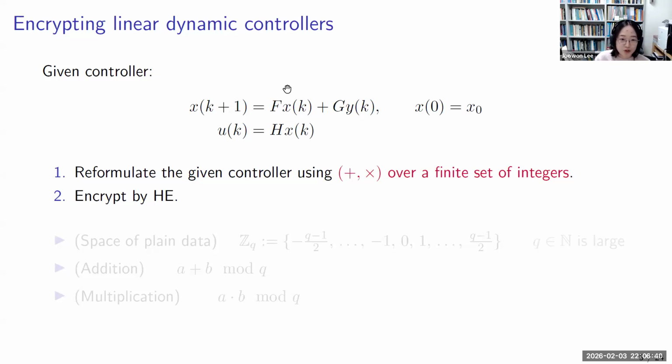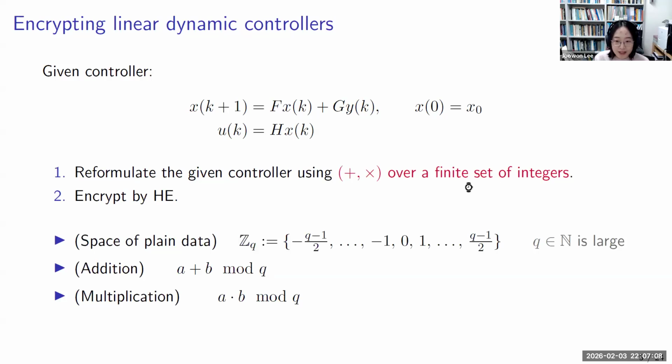Let's think of a given controller like this, where Y is the plant output and U is the control input. And the first step we need to take is to reformulate this given controller using addition and multiplication over a finite set of integers. And the next step is to encrypt them by homomorphic encryption. Specifically,